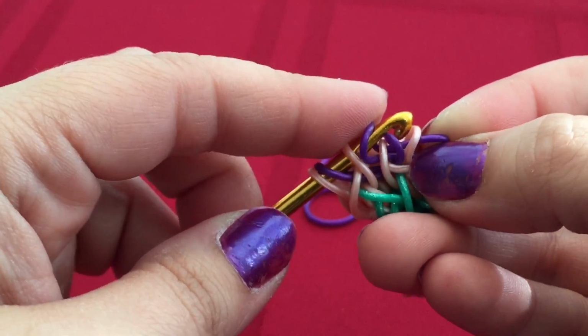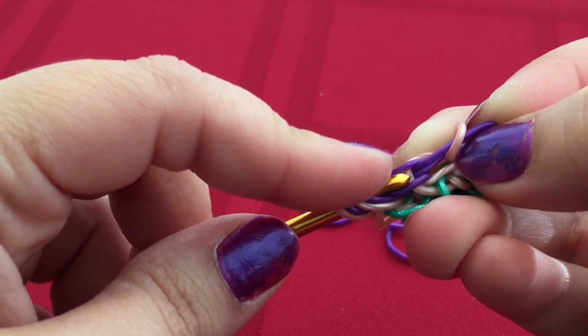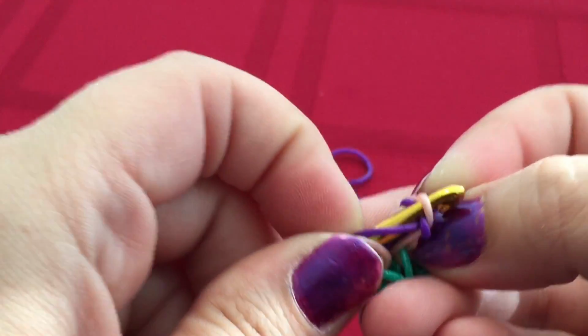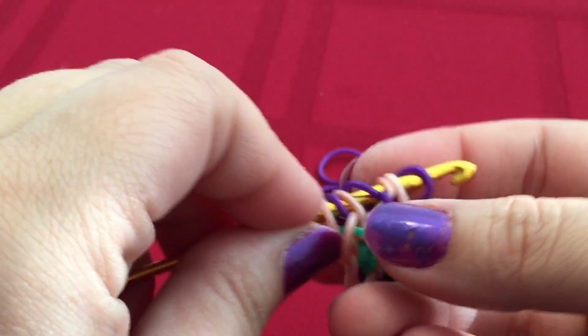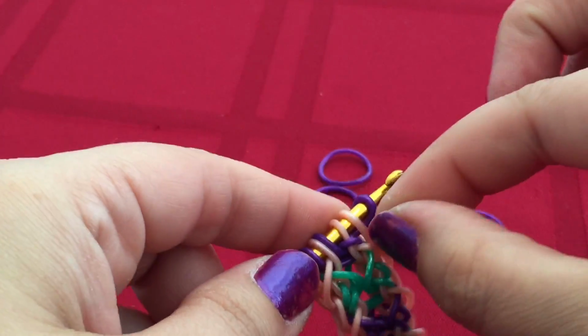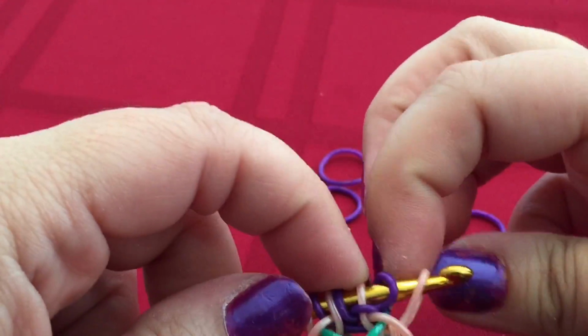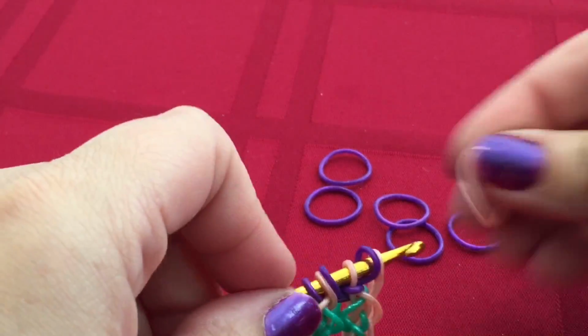Take this center one and just drag it up and over loop 1. Recapture loop 1, recapture the last loop, close it up. Now we need to take this band up and over like that. And then we take a border color,